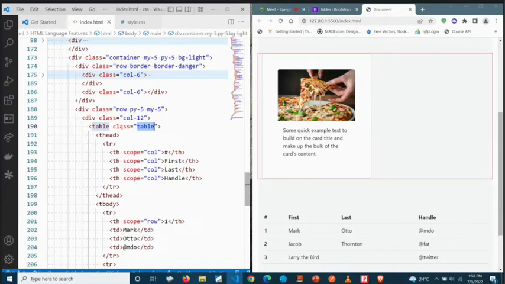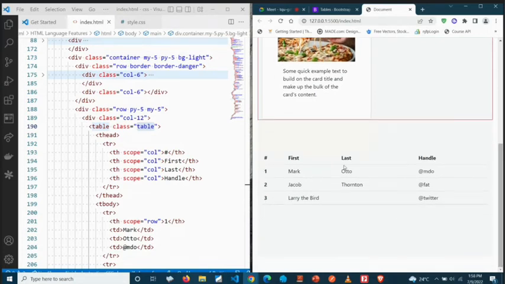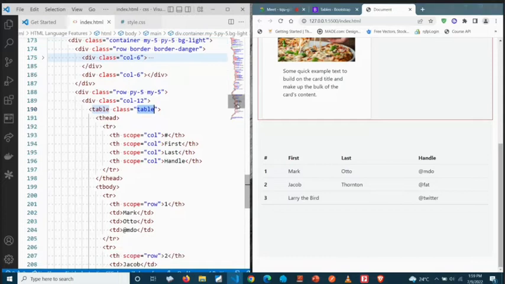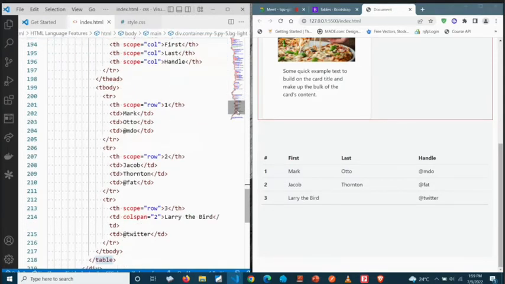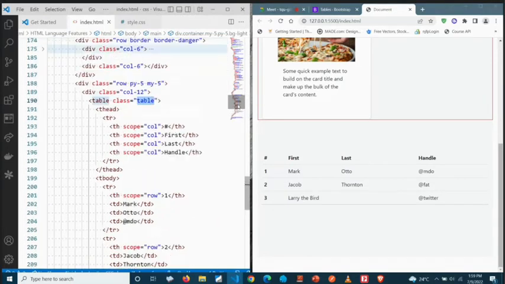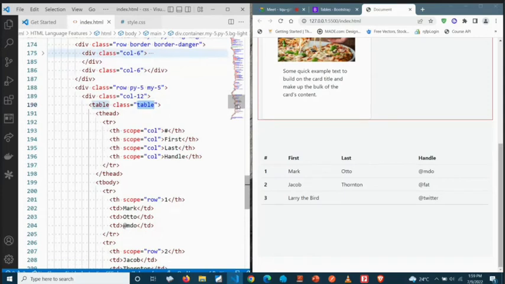If you put the class as table, it will automatically bring it down to be like this. Now, if we want it to be responsive,